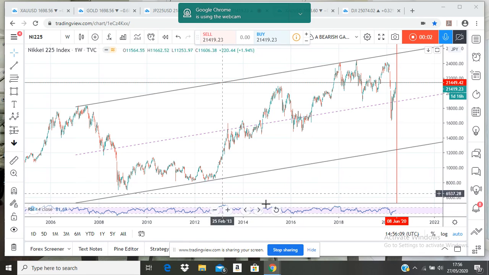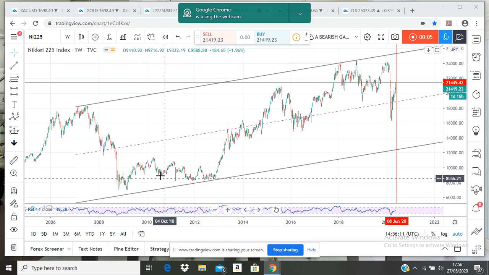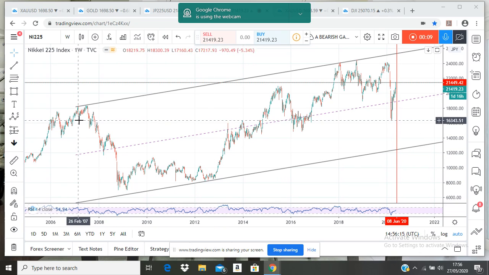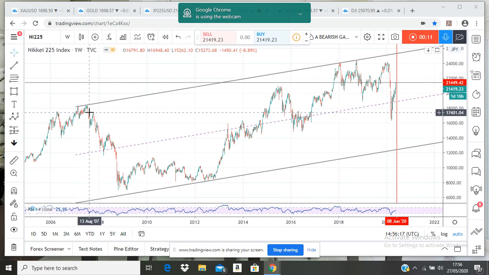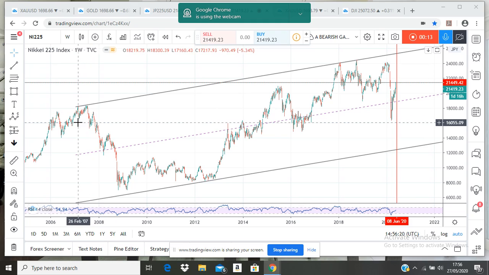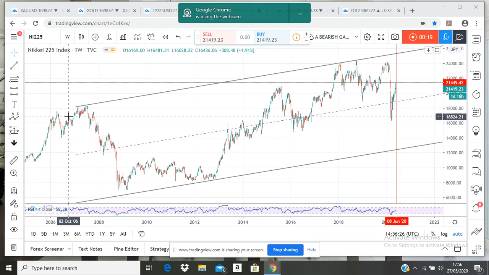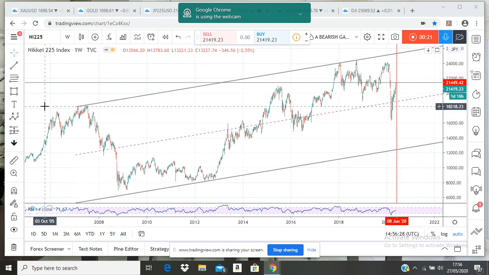Hello, guys. I'm coming your way again with another instrument, Nikkei 225. I want to explain some peculiar pattern with this instrument. First of all, I would mention, just by the way,